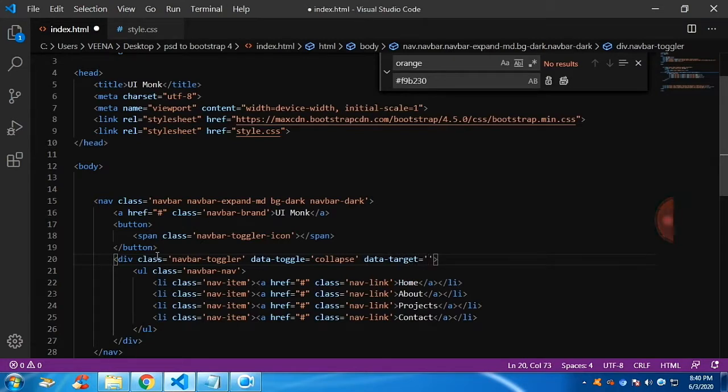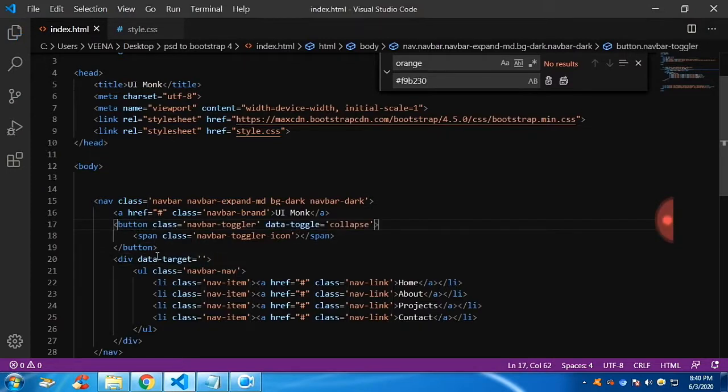The class, the data-toggle attribute, and the data-target attribute should come inside the button, not on the div.